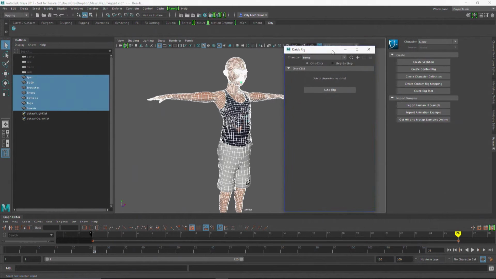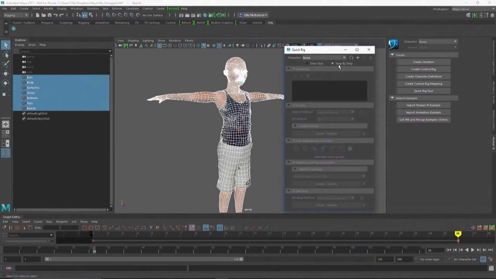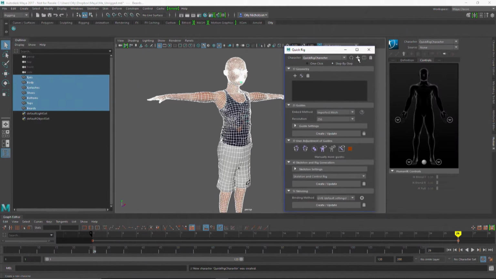And there's 2 ways to try it. I quite like this step-by-step. That will allow you to add your character and see what's happening one step at a time. So